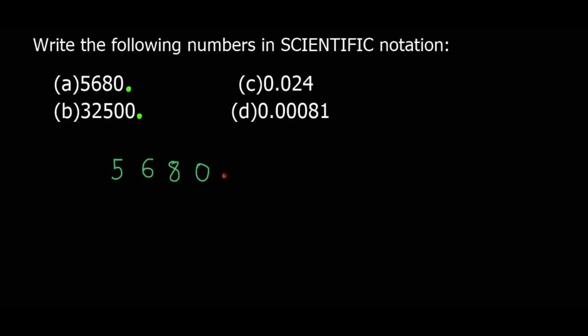We know that our decimal point is here. We will take this decimal point and move it to the left to be in front of the first non-zero number. We take it, move it here, put it here, and then stop here. We want it to be in front of the first non-zero number. You can see 5 is not 0. This means we will have